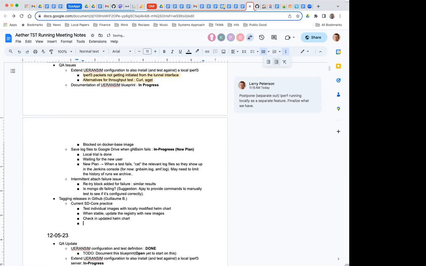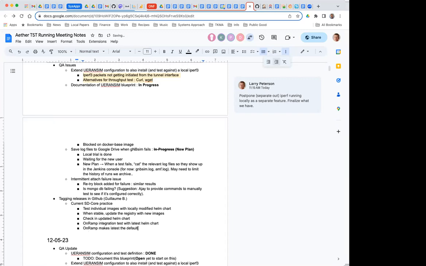And then as a final step, on-ramp integration test with the latest Helm chart. And then as a final test, on-ramp makes latest the default once that's stable. So that's kind of the current SD core practice.